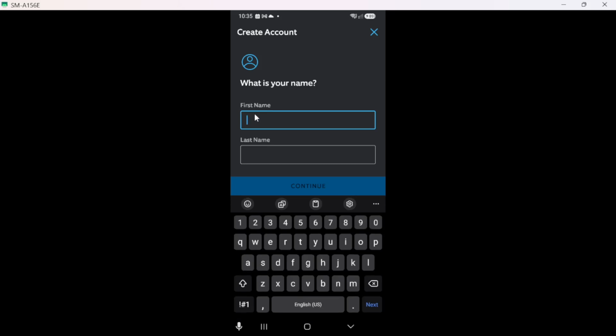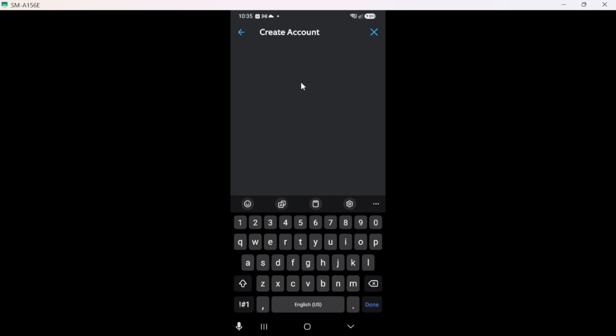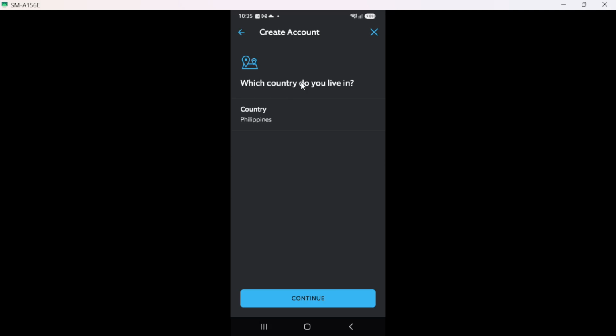Here, you will see various options and settings. If you have a Ring device, you can set it up by tapping on the Set Up a Device button. This step guides you through connecting your Ring device to Wi-Fi, which is crucial for the device's functionality. Next up, follow the on-screen instructions carefully. The app will provide you with prompts to connect your Ring device to your Wi-Fi network. Make sure you have your Wi-Fi credentials ready as you will need to enter them during this process. This ensures that your device stays connected to the internet, allowing you to access it remotely.